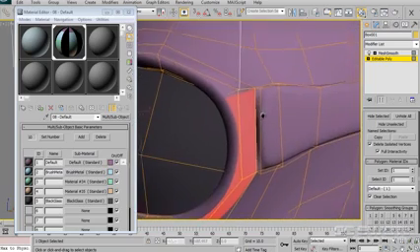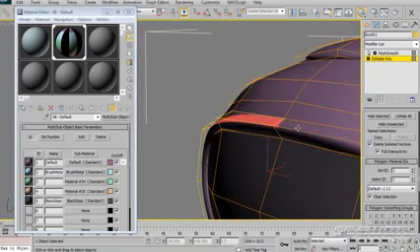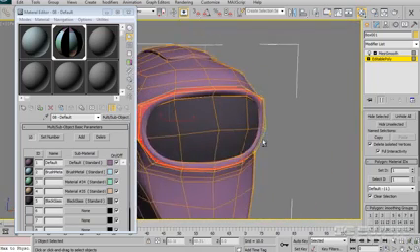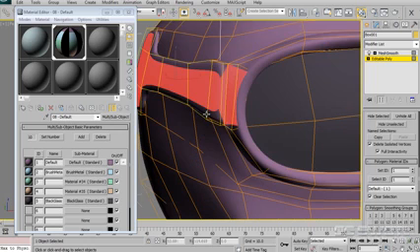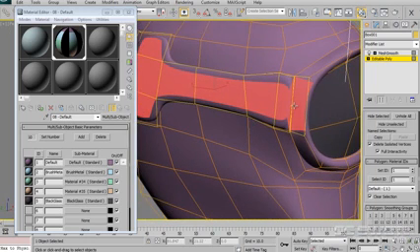So I'm just coming around. You don't necessarily have to do this all in one hit. You could potentially, I could get rid of this selection and come back to just the edge here. And what I'm going to do